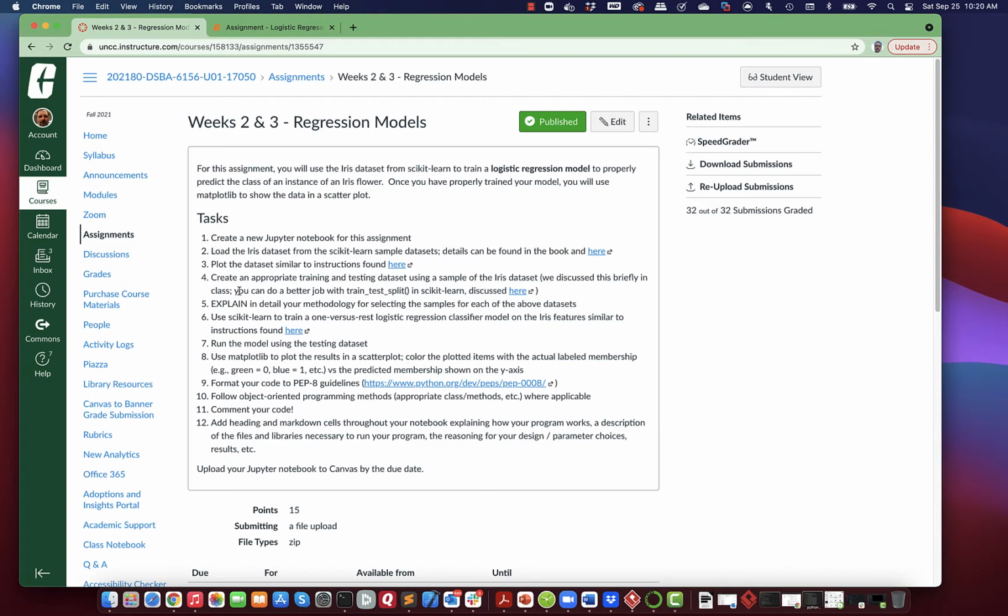This assignment should have been completed by creating a new Jupyter notebook from inside of Anaconda, loading the iris data set using the scikit-learn sample data sets with a link as to how to do that. Plot the data set just to visualize it so that you had some intuition as to what the data set was going to look like, along with a link to do some visualization